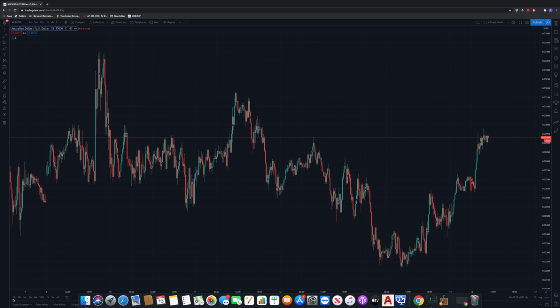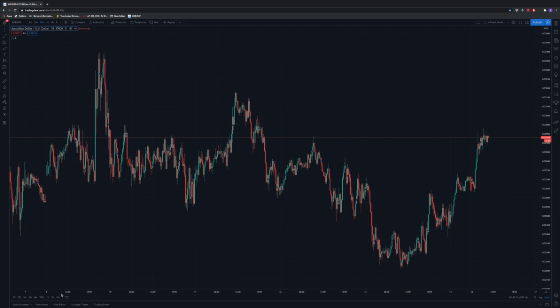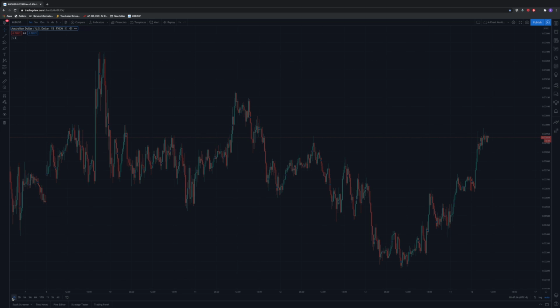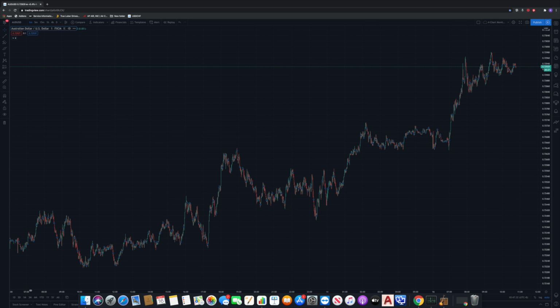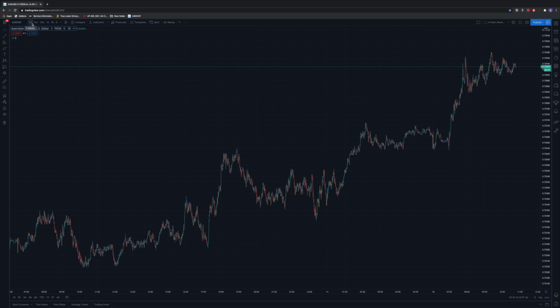Okay, now down the bottom here, you're going to see a bunch of similar numbers to what you would see up the top here. You have 1D, 5D, 1M, 3M, 6M, YTD, 1 year, 5 year. Now what these do is these give you data for a selected period of time. Okay, so if you want to view 1 day of data, you click 1D, and this will put the chart to 1 minute, and it will give you 1 whole day